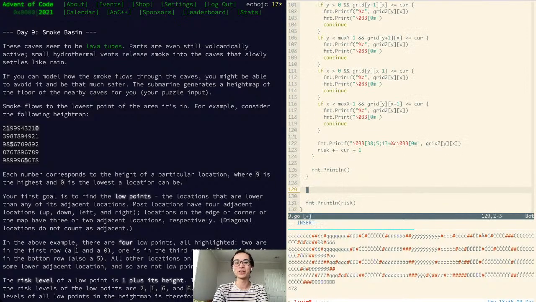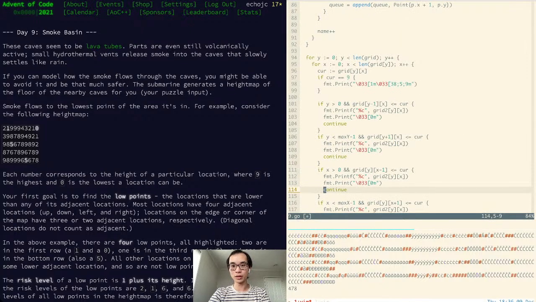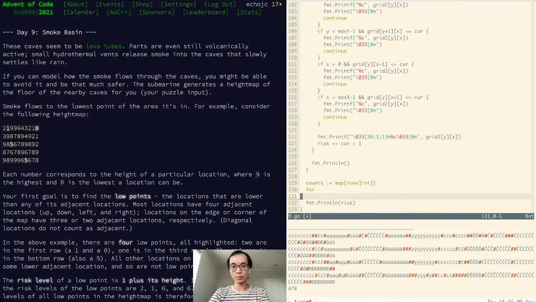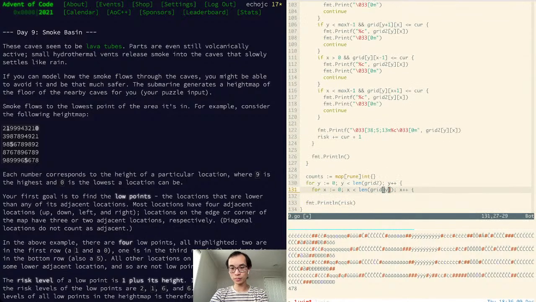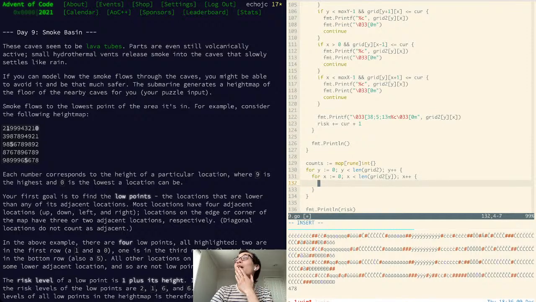So we're going to do a count, which is a map of rune to int. We're going to loop over the whole grid of grid 2, which means we need this loop for grid 2. And we're going to say simply that when